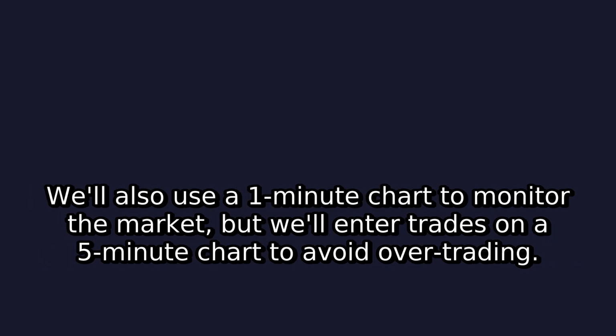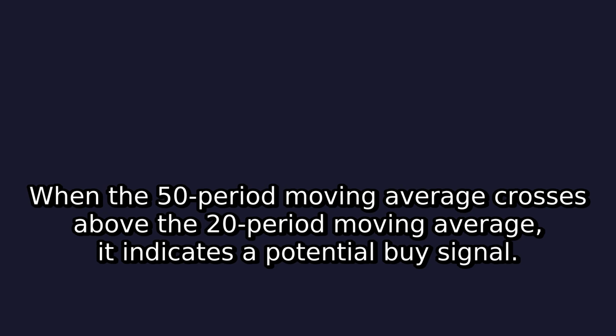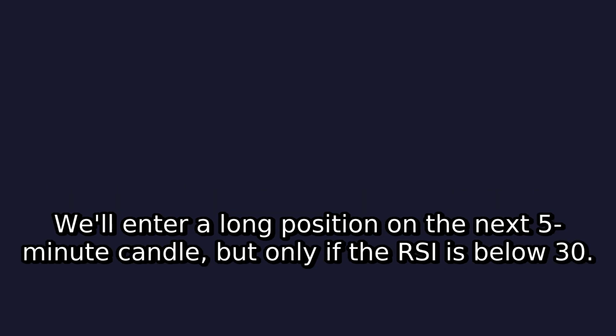Here are the specific parameters. We'll use a 50-period moving average and a 20-period moving average, with an RSI of 14 periods. We'll also use a 1-minute chart to monitor the market, but we'll enter trades on a 5-minute chart to avoid overtrading. When the 50-period